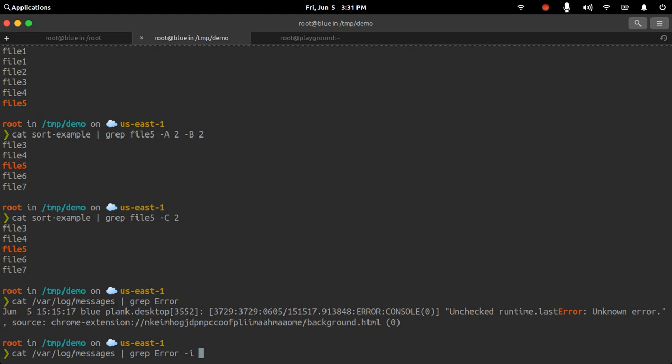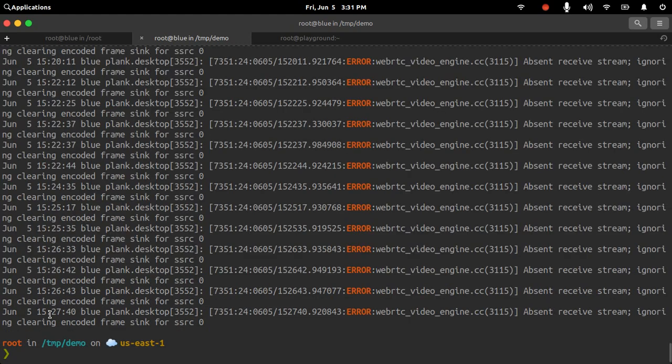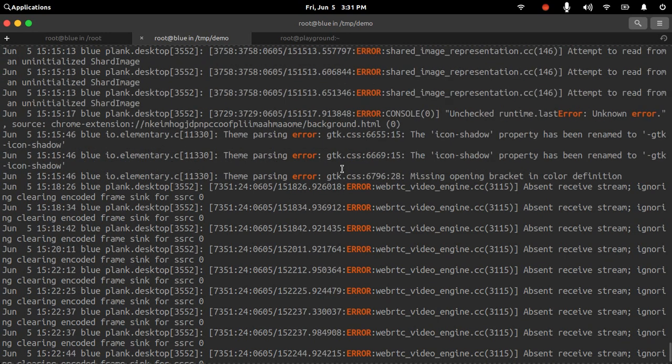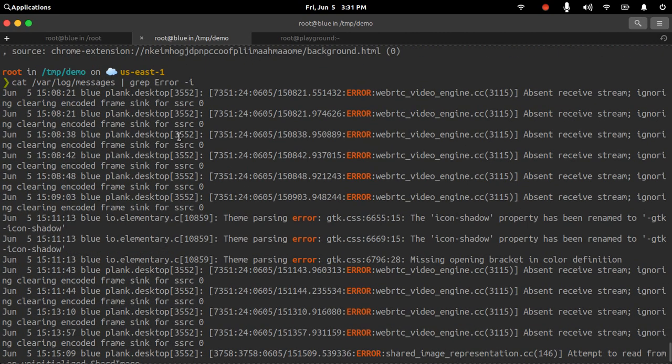This is used when you want to check for multiple occurrences of the string, whatever the capitalization is. If you see here, the lowercase error is matching, the uppercase error is also matching our search string, and the capitalized E, RR, OR is also getting matched. These are the different errors that I have encountered in my log file, and I am only printing the error lines.